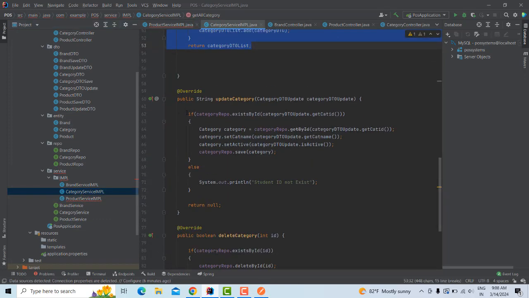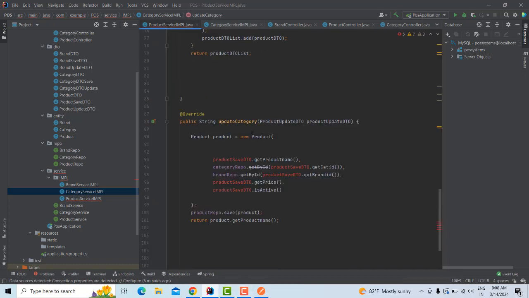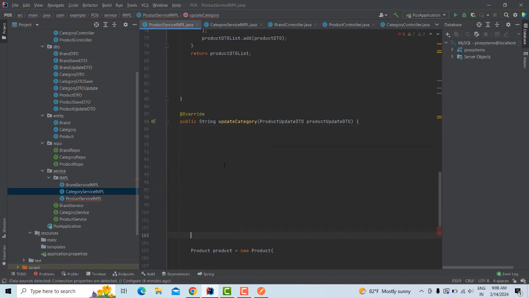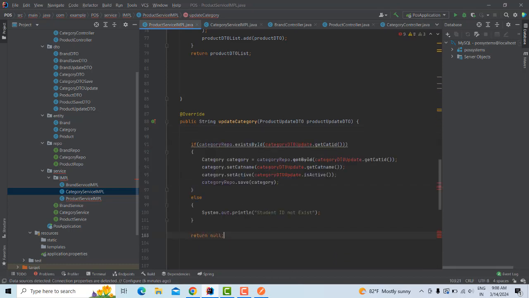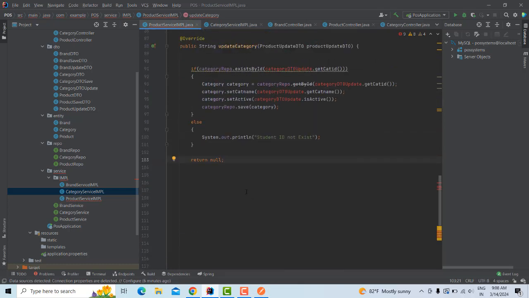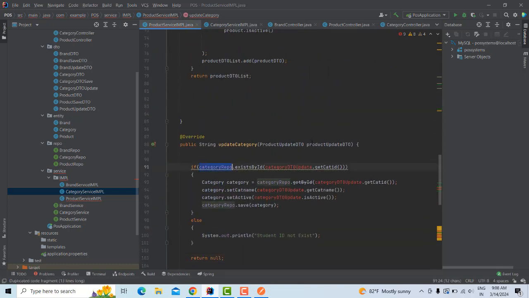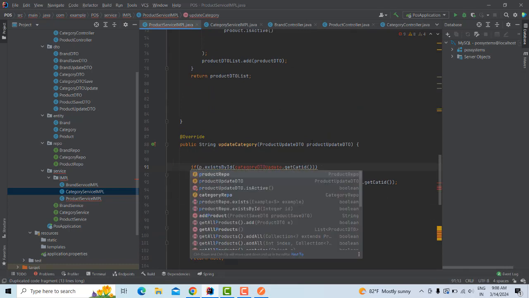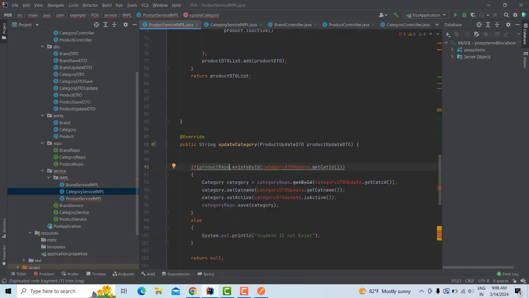First we have to check it. This is the update part, we have to check it, right? So we have to paste and check it first. After that I am putting this one first, category repo. We have to write this one as our product repo. When you edit the record, first you have to check whether the ID exists or not, for the particular product. If the ID exists, it will proceed with the update,